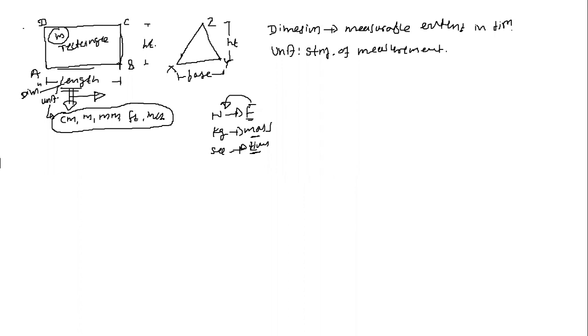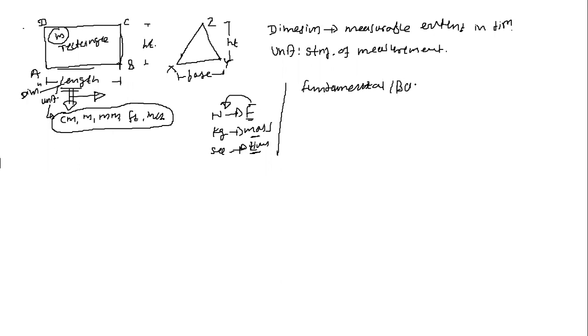So this is the basic idea about what is meant by a dimension and what is meant by a unit. Now, when we go into depth of the dimension, then we come across the dimensions as derived dimensions and fundamental dimensions. So fundamental dimensions, derived dimensions, or the fundamental units and derived units, those come from the basic units. So firstly, I would like to go for the fundamental or the primary quantities. Firstly, physical quantities: fundamental quantities or the basic quantities.